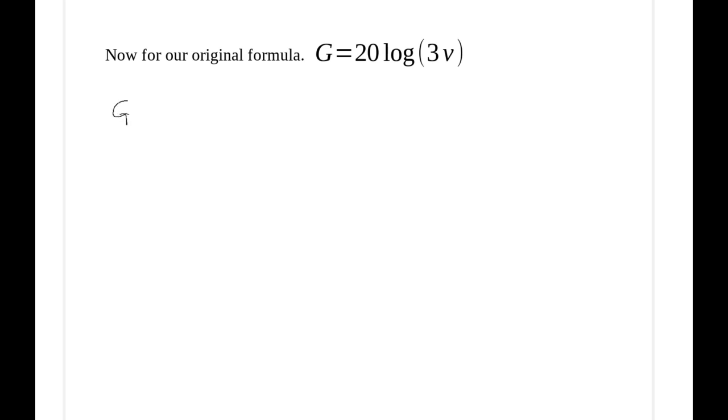So g will equal 20, we'll take this outside, put it in brackets, put it outside brackets. So we've got natural log of 3v divided by